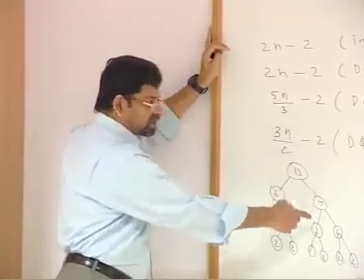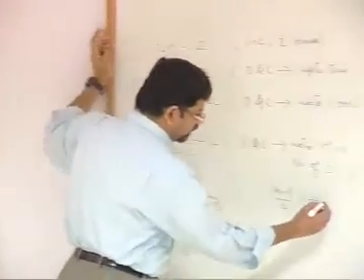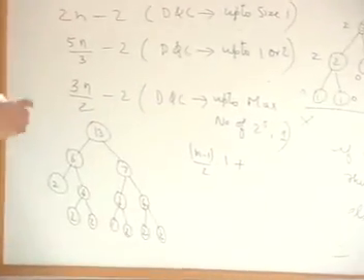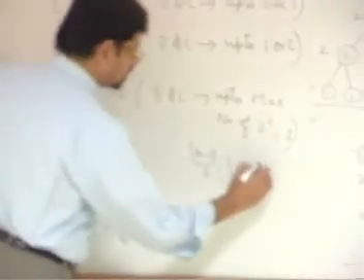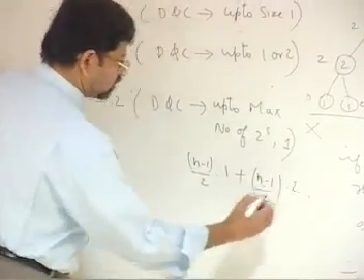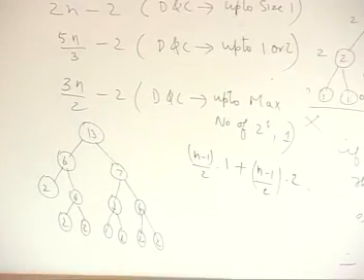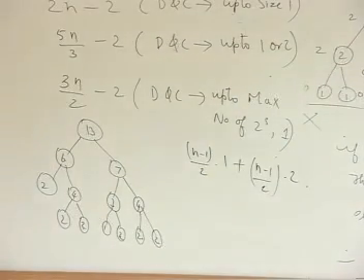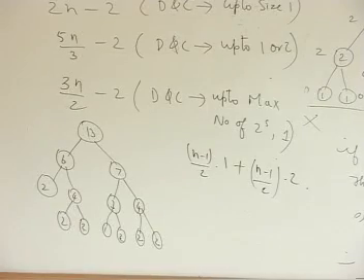So how many internal nodes are there? The number of internal nodes are n minus 1 by 2. See, the number of leaves are n minus 1 by 2 plus 1. Therefore, the number of internal nodes is n minus 1 by 2 into 2. Okay. So now